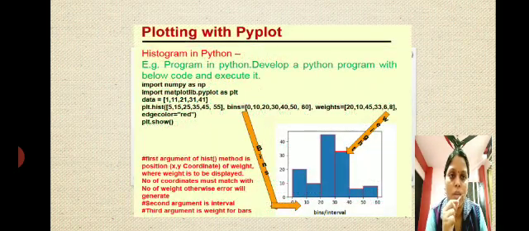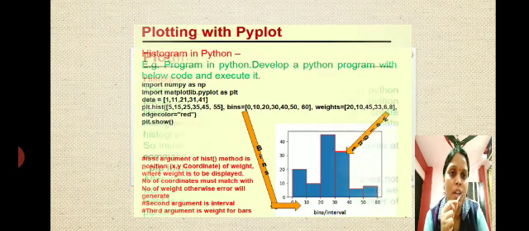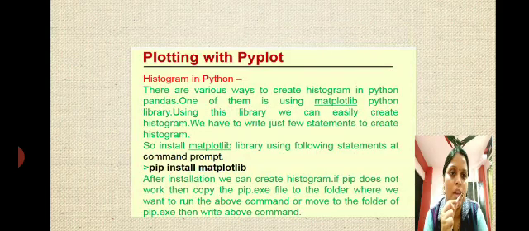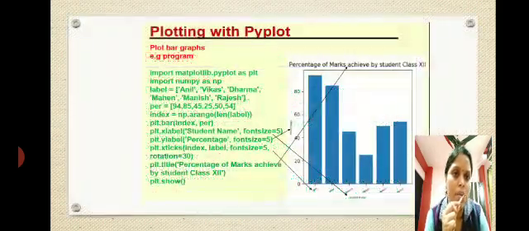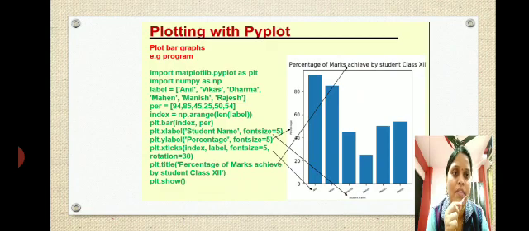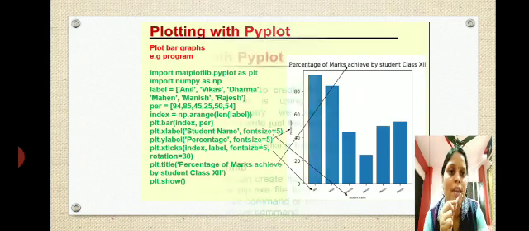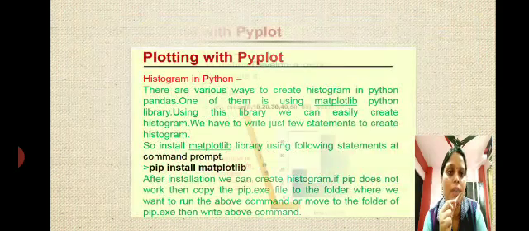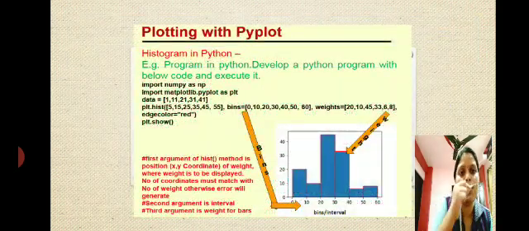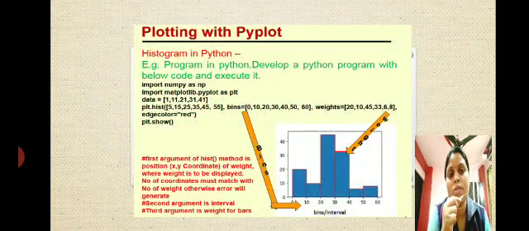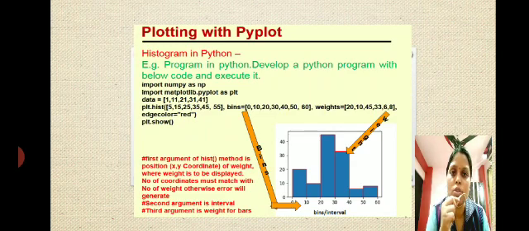Now these are the histograms. Can you see the difference between histograms and the bar graph? I'll show you again the difference. I'm just moving back to show you the bar graph. Look at this, each bar is different, they are separated from each other, but in the histogram they are connected. The bars, when they are connected with each other, that becomes your histogram. This is the easiest way to remember, or you can say differentiate, between bar graph and the histogram.